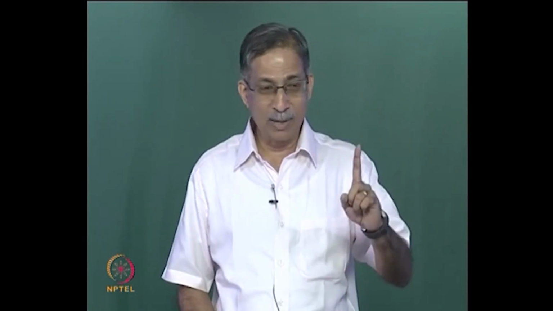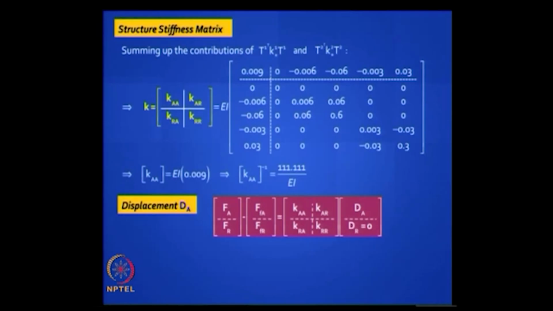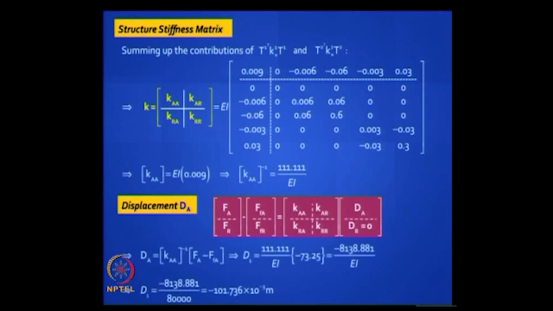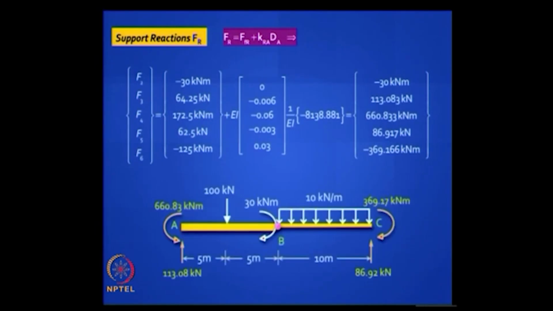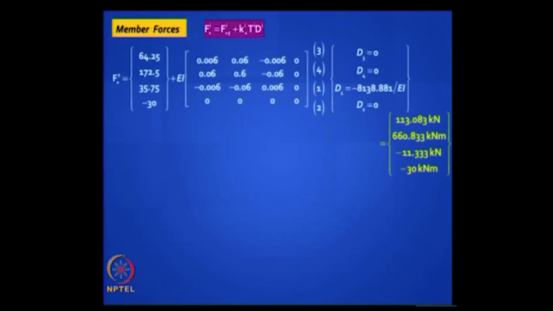Find Ka, it is now 1 by 1, earlier it was 2 by 2, invert Ka, solve the first equation, your unknown displacement comes, a huge displacement because of that internal hinge, 102 mm, okay, and find the fixed end forces, you will correctly get the answers, and write down your support reactions, see if they satisfy equilibrium, find out your member forces, element end, same formula, everything follows nicely,